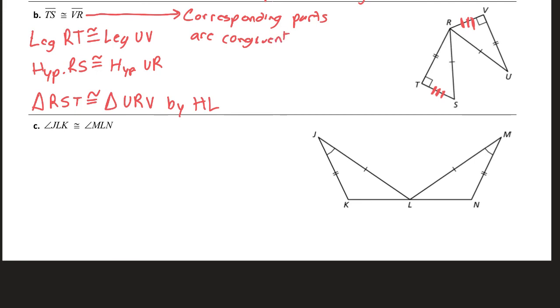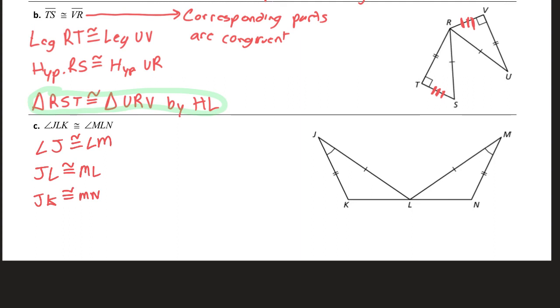So the main thing in this is us remembering our theorems right here. This is the important part because that allows us to assume all of the corresponding parts are the same measure, that their corresponding parts are congruent. So in C, talking about things we can assume, angle J is congruent to angle M. JL and ML are congruent. Okay? JK and MN